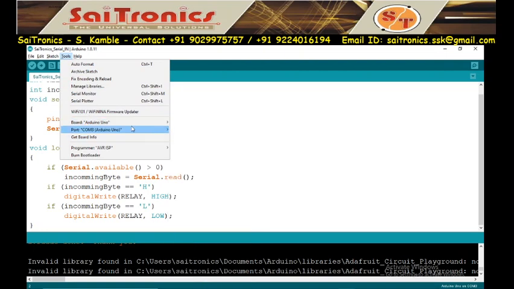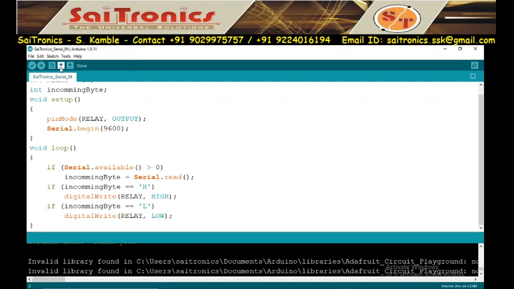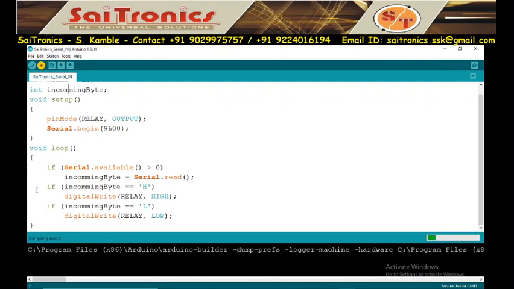We are using the Arduino Uno board, port COM3. The port and board are already selected, so just click on upload. When you click on upload, the program will be compiled and loaded into the IC. The Bluetooth used here is HC05. Right now we are not using Bluetooth.